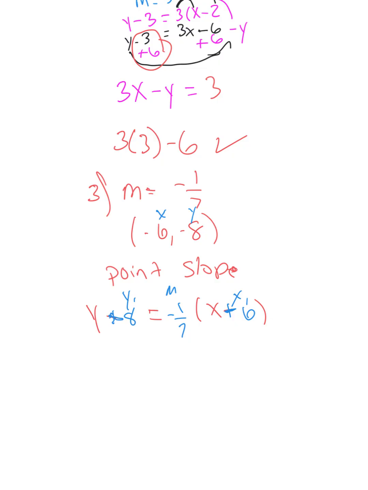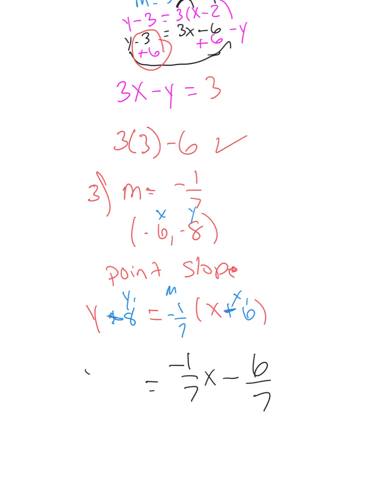So, as far as today's lesson, that is it. Now on Wednesday, we're going to take it a step further with ones that have nasty fractions like that, so we're going to be able to put those in standard form. So we would distribute. So again, you don't have to write. So you have -1/7 times x, which would be -1/7 x. Negative times a positive is a negative, and 1 times 6 is 6 over 7